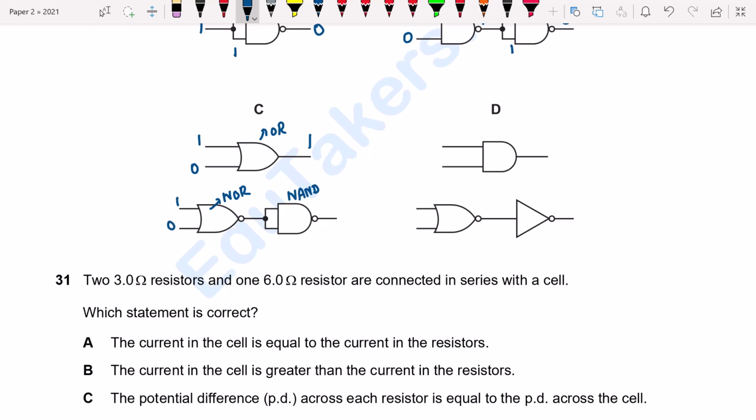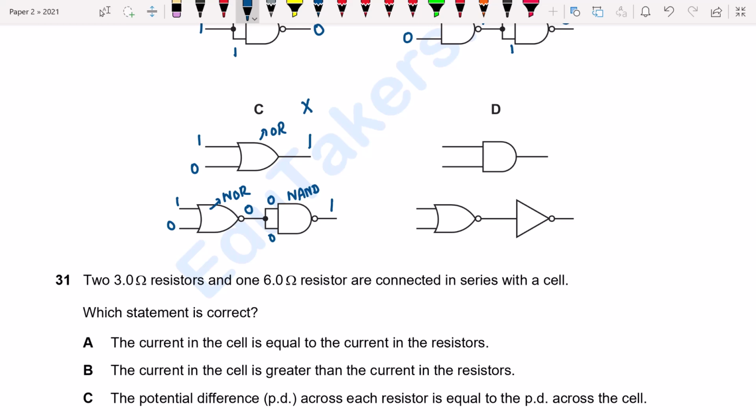1 and 0 are basically the inputs of the NOR gate. A NOR gate is formed when I apply a NOT gate over an OR gate. 1 and 0 changes into 1 by the application of the OR gate, and when I apply the NOT gate here, it changes into 0. So 0 and 0 comes here. 0 and 0 combined by the AND gate gives output 0. And by application of the NOT gate, it changes into 1. So both of these outputs are the same. It means that option C is also incorrect.